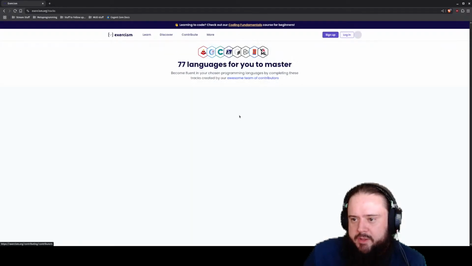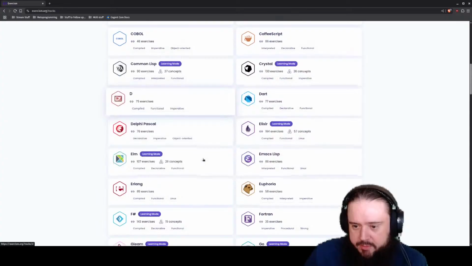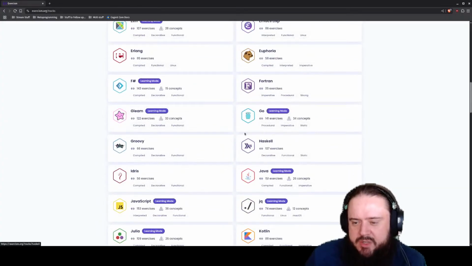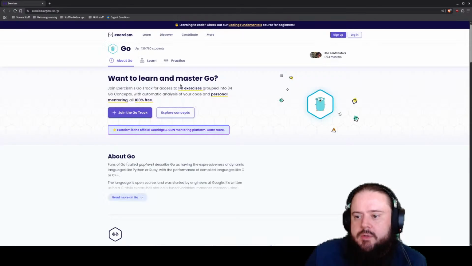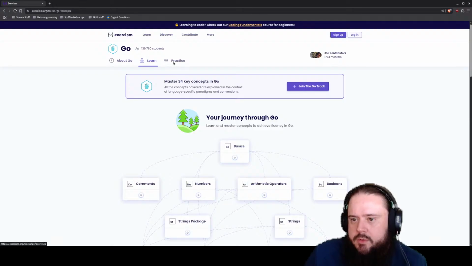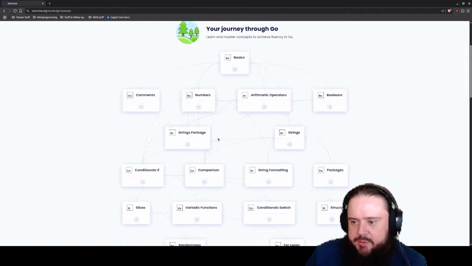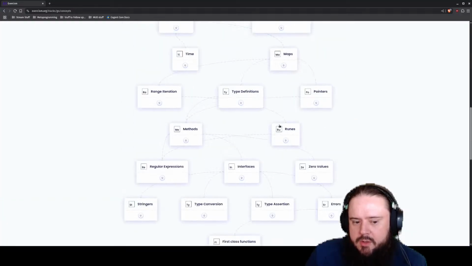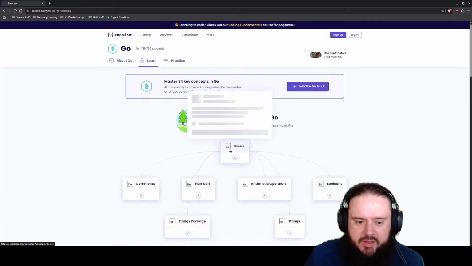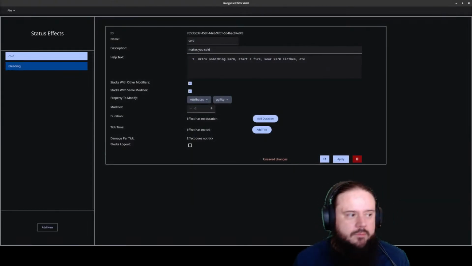So if you go to explore languages here, I would pick one that has a learning mode, probably, but I wouldn't be too scared if I knew other languages, right? So Go has one. So you can do some of this, and if we look at the track here, there's learning mode, and then there's practice. I would do some of this. I might do the whole learning mode tree if I really felt like I wanted to get a quick overview. The other thing that you can look at